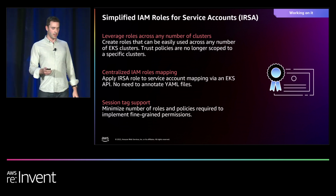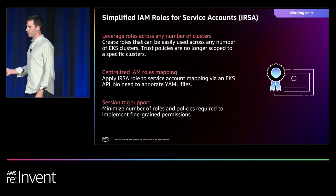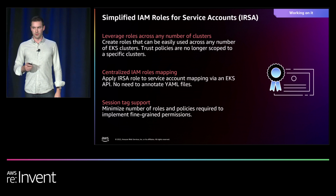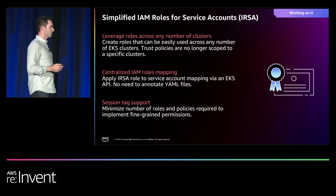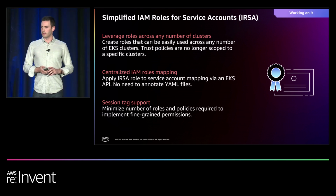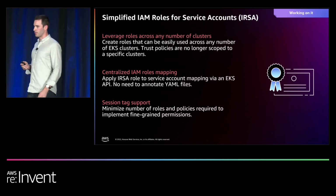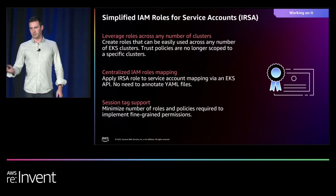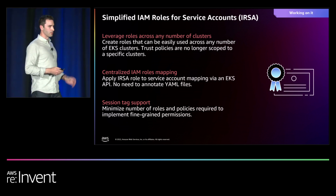And we have a feature today, IRSA, that works to do that. You can give fine-grained permissions without having to give the node's IAM role all of those permissions. And it's the secure, least privileged way to do that. But there are issues at scale. If you are running lots of clusters, you have to go through a number of steps to configure it. If you get past a certain number of clusters, you have to create duplicate roles. And we just want to remove a lot of that automation that you have to build yourself